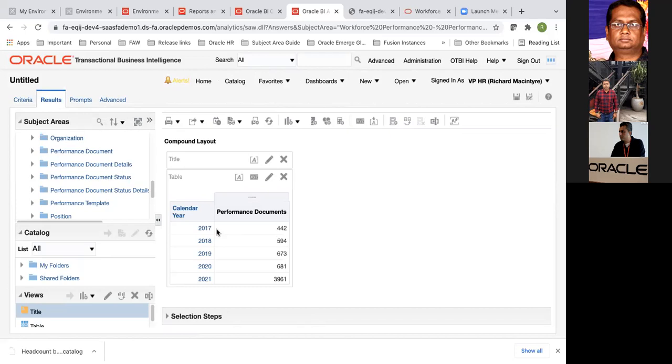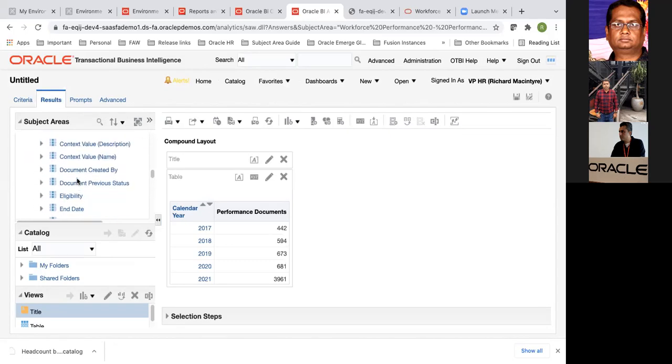For example, some of them might have completed, some of them might still be in progress, various statuses, whatever you would have set up. So I have the calendar year and performance documents. I'll also bring in the performance document status details, like the actual status of the performance document. Or maybe I'll come to that later.